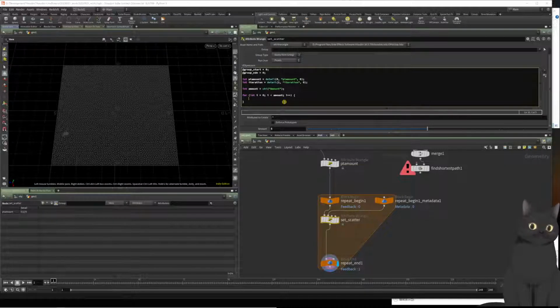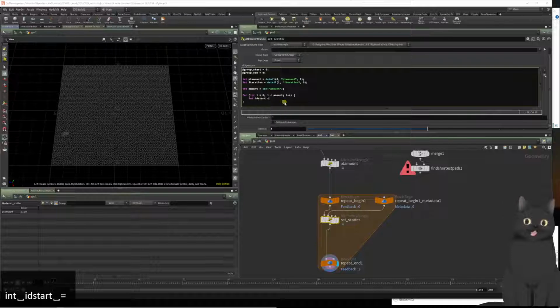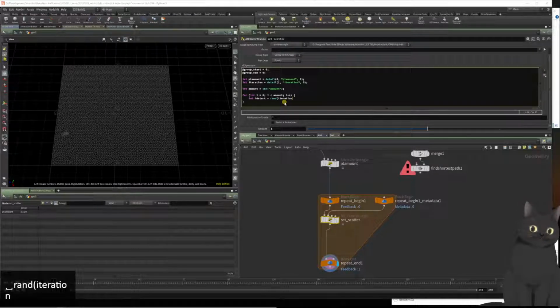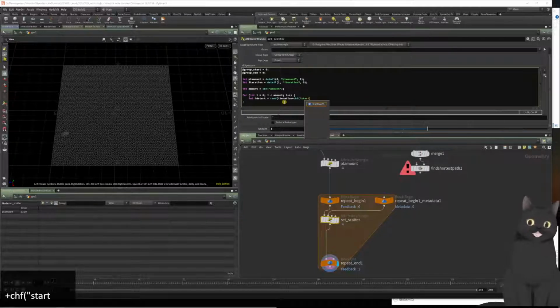So what can we do here? We can define our IDs. Let's create an integer attribute id start, and let's use a randomize function based on the current iteration number, which we store here. And let's add some extra randomness with a float channel start seed. If we want to manually change the randomization of the system in future,